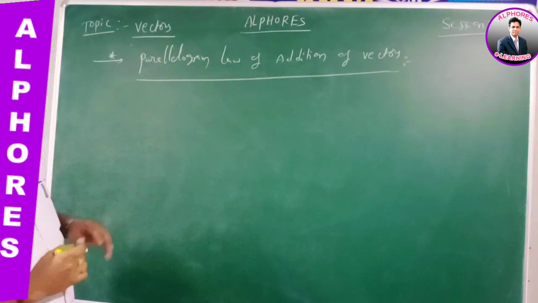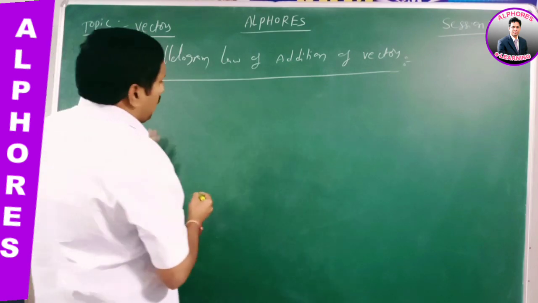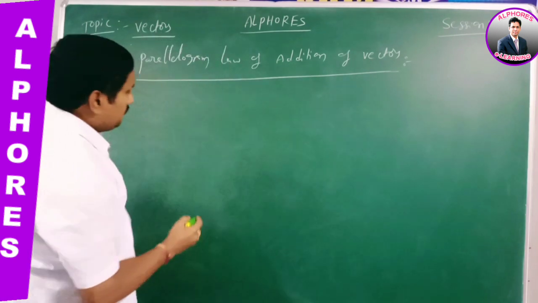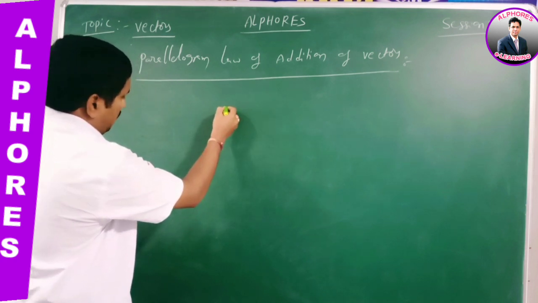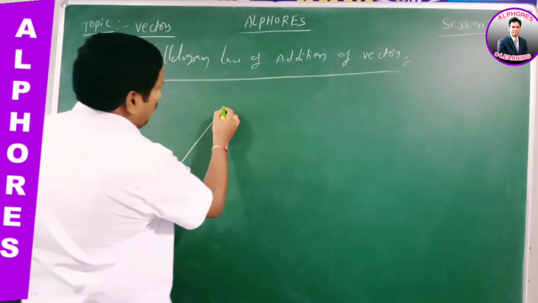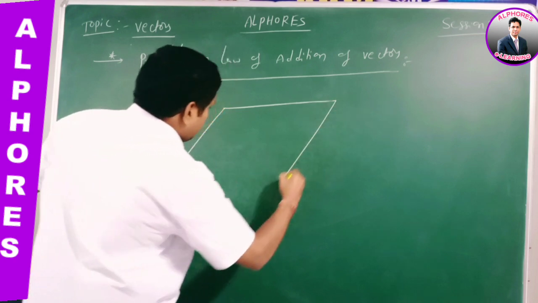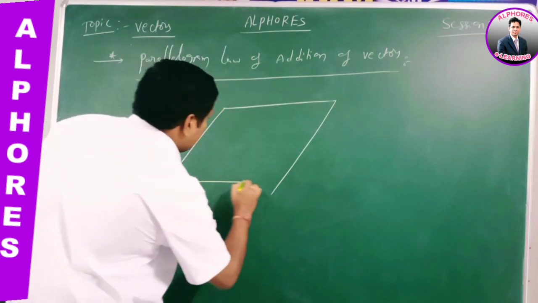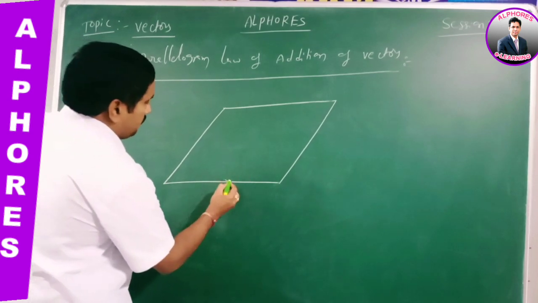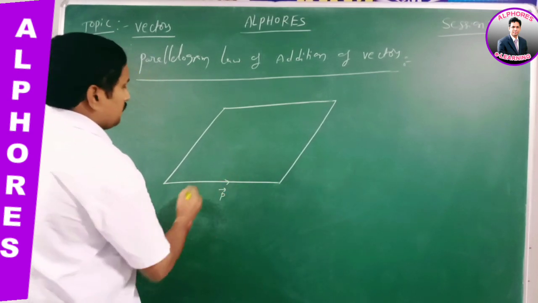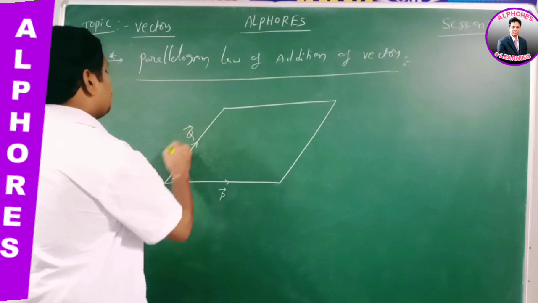Okay. First of all, I have to draw the two vectors by taking the meter scales. Now initially I am drawing the parallelogram, we know already. So this is the parallelogram. Simply this is nothing but P bar, this is nothing but Q bar.